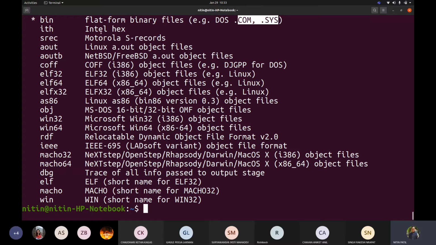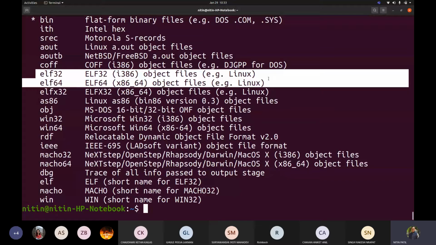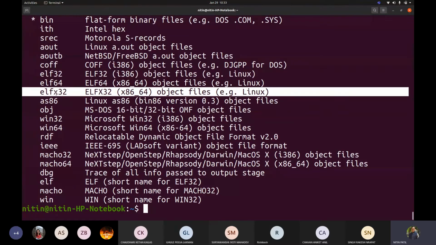Correct. Another thing you are going to find out is that I have these two formats, which most of you have already used, 64 and 32. Now, what is this X? Let me do this with NASM and see whether it permits me to get ELF